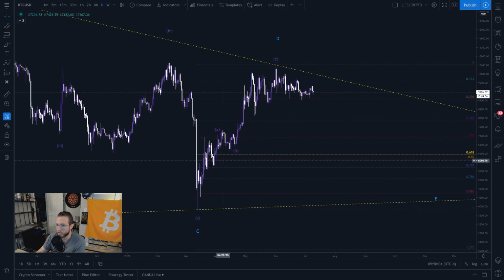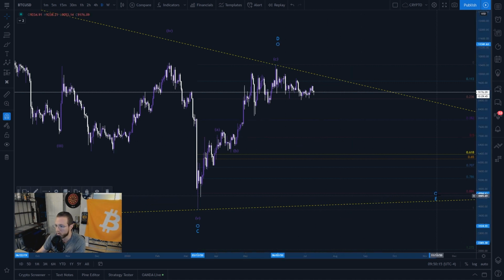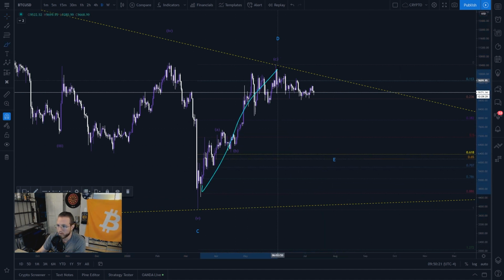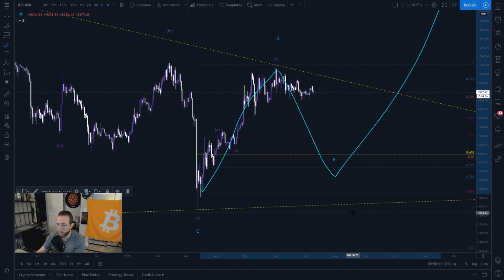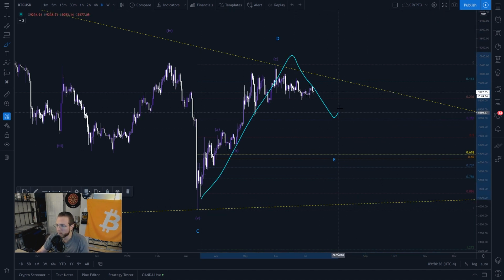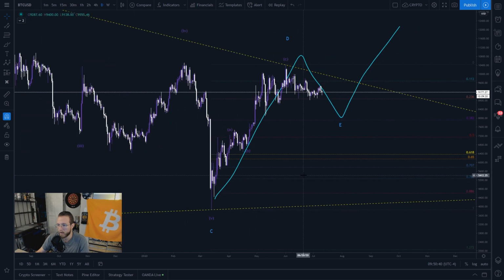I know that in the past, especially for this bearish count, I've been calling for like 6,300, and at first, at least 8,000, and then possibly a retest of 7,200, which is why I'm saying that we could get something like this, where we just see one of these and then go off. We could also just see this and then go off. There's nothing that says that we have to absolutely test the bottom of this trend line for this E wave. It just has to be higher than C and lower than D. And technically it's valid.